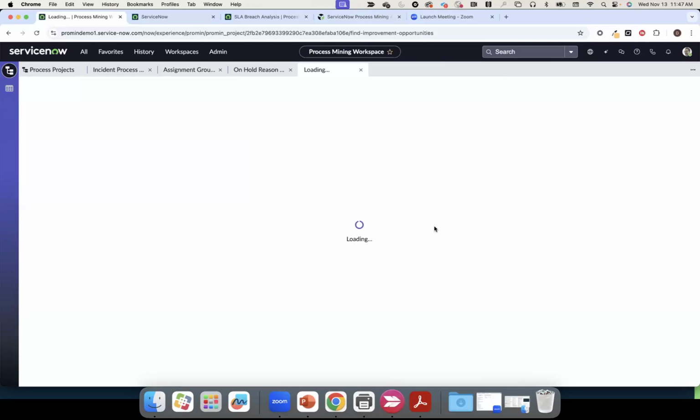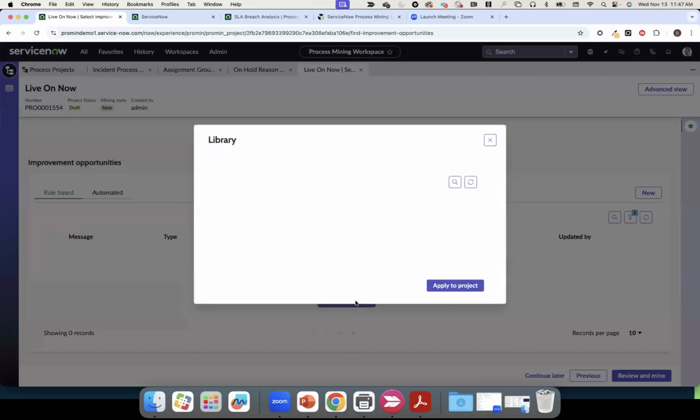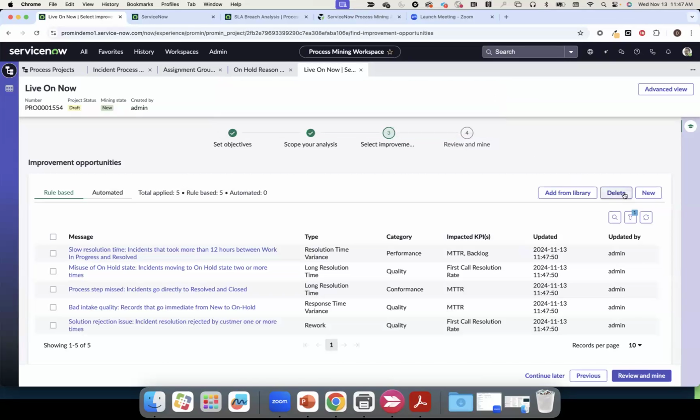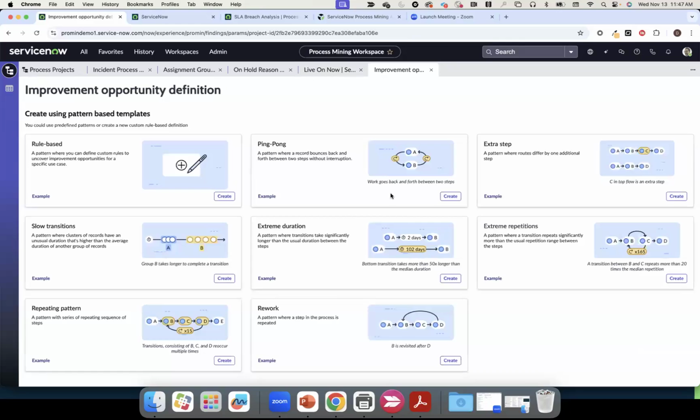And then the last thing that we're going to do here before we hit the mine button is remember those really powerful improvement opportunities we had on the summary and insights page, the rule-based and the automated ones? Well, we're just going to add those. We provide some of these as part of a content pack that you can just bring into your project. So you have some pre-configured ones, but you can also create your own, right? So if I wanted to come over here and maybe configure a rework